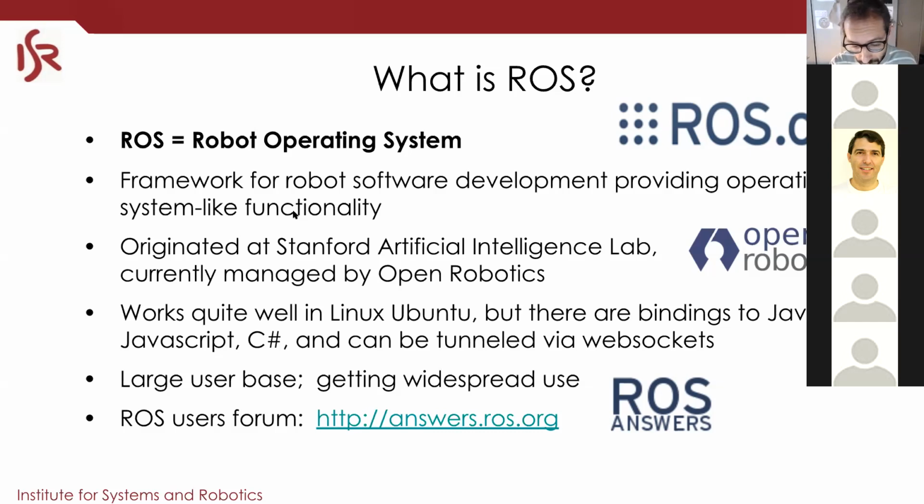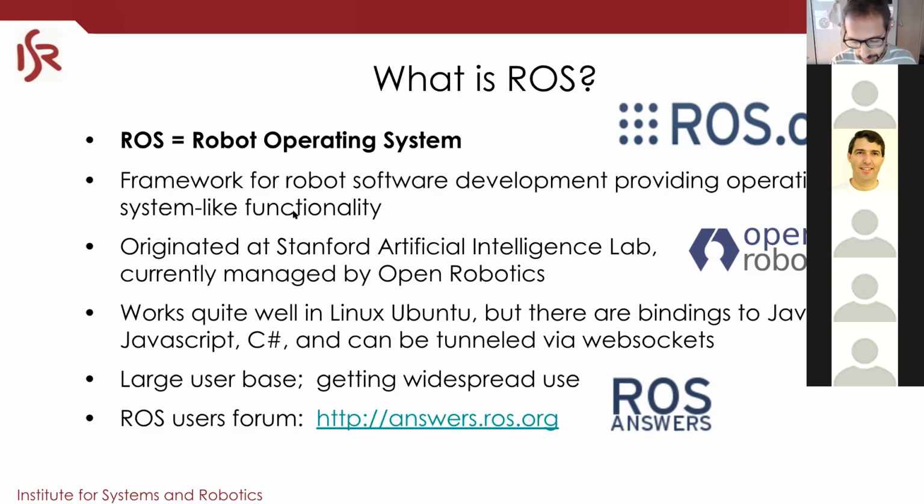Now, ROS was not the first middleware that appeared. There have been others, but it was probably the one that got a much larger user base than the others, and nowadays it is in widespread use. I would say that it's very hard to find a robotics lab, at least in academia, that does not use ROS,